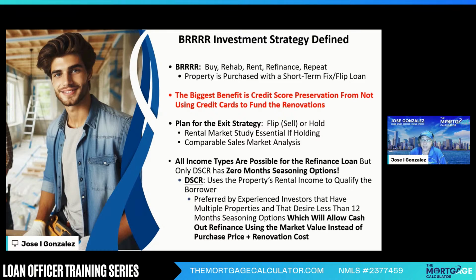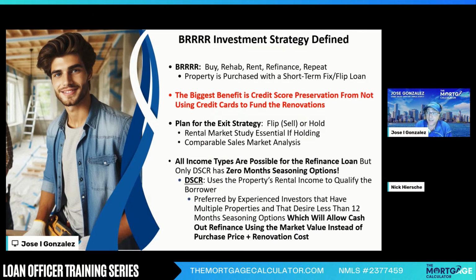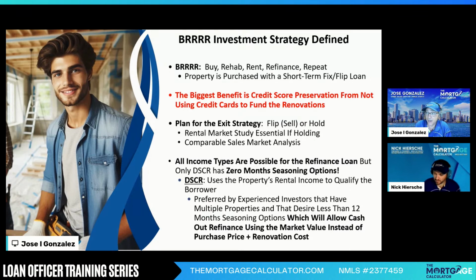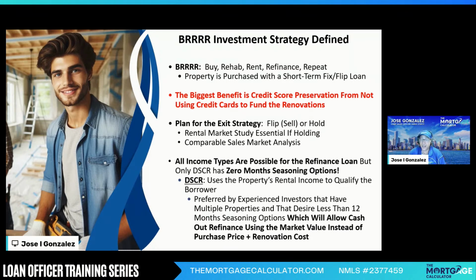Now, all income types definitely are possible for the refinance loan to refinance out of the short-term bridge loan. But DSCR continues to lead the way in popularity because it is the one that has the most flexible seasoning on title policy, right? Our DSCRs have 0-month seasoning options, and that's what the investors usually think they're going to be in and out of the flip in 2 months. Doesn't always happen, but you know what? If they are in and out of it in 2 months, you want to be there with the DSCR loan,